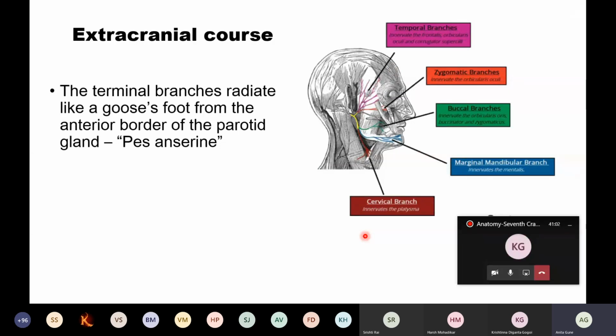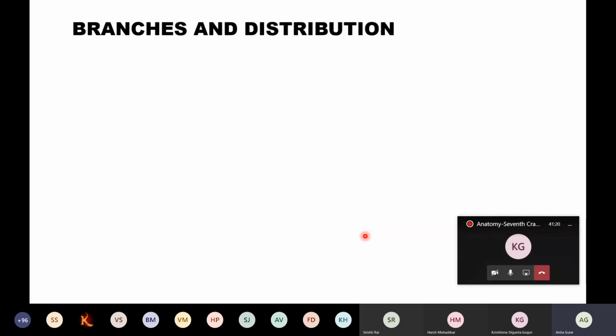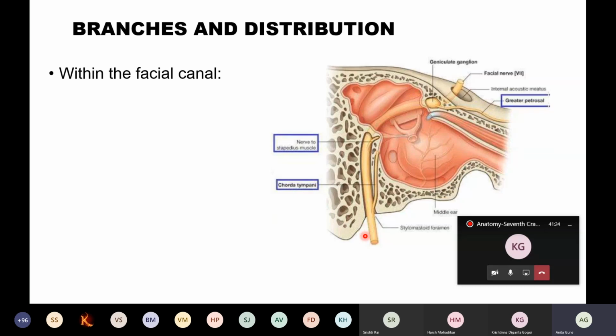So now we have seen the course in detail, that is after it arises from your intracranial course, then intrapetrous course, which was divided into meatal part, tympanic part, and the vertical mastoid part, then coming out of the stylomastoid foramen, how it enters the parotid gland, and that gives the branches. So what are the branches of the facial nerve? Within the facial canal,